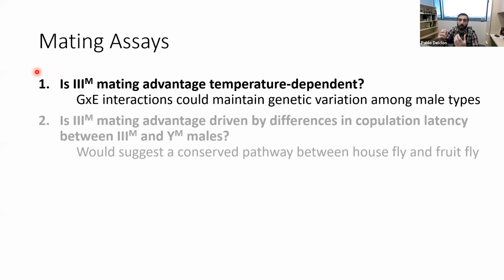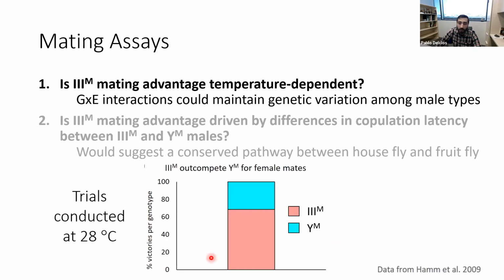So perhaps there's an important genotype by environmental interaction going on that might explain how this difference in mating behavior is maintained. The previous mating results I showed were conducted only at a warm temperature. This is warm for houseflies, 28 degrees. And this temperature we would predict benefits 3M males based on the fact that they're found at these lower latitudes where it's warmer. So then perhaps, YM males might outcompete 3M males if we do the same test at a